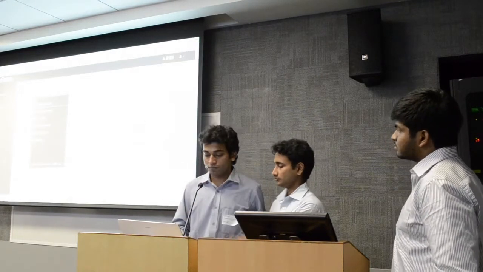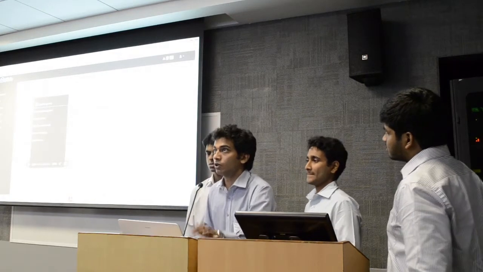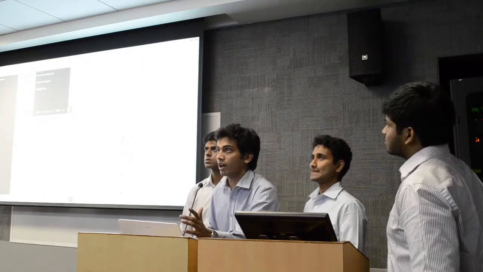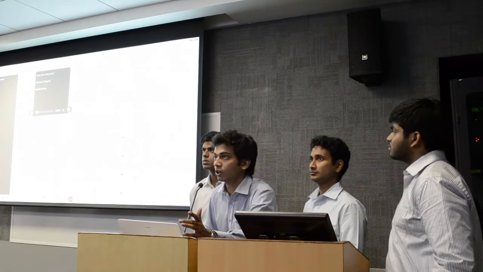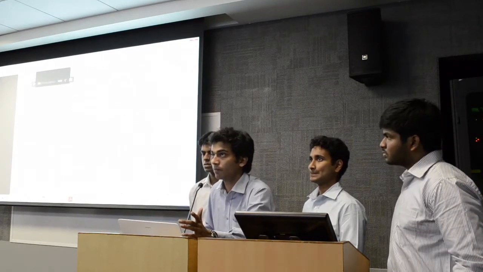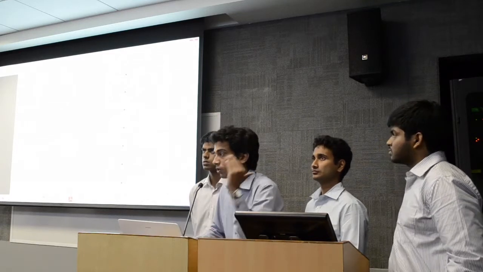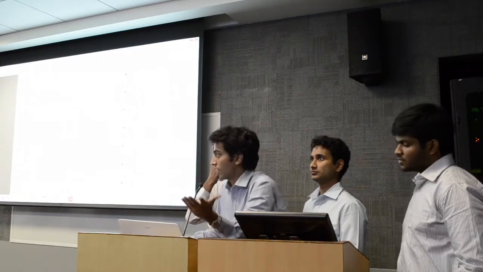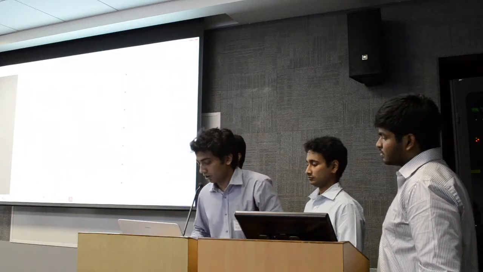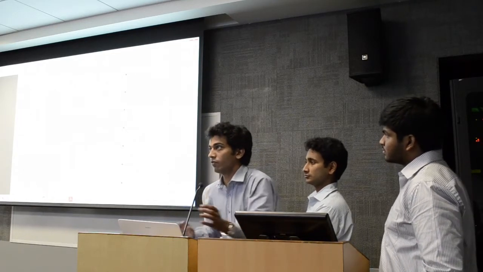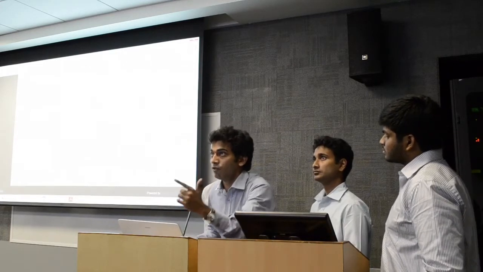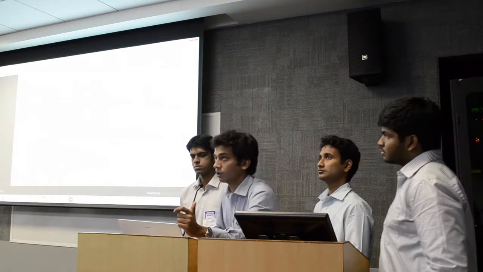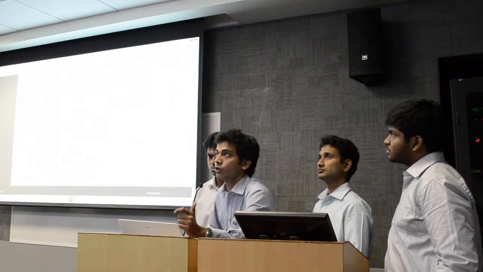So I'll just show you a brief demo. This is a rough session of Beta Glide. You can see the session recordings here, the memory graph, showing how a particular hike in memory occurred, and the blue circle corresponding to it represents the event. The CPU usage, you can see it is increasing constantly, so something has to be done about it, and the developer knows that. On your right-hand side, you can see the different events which happened while the application was being used. And in the end, we have logs of the entire session so that the developer can debug them. And I'll just show you another session.